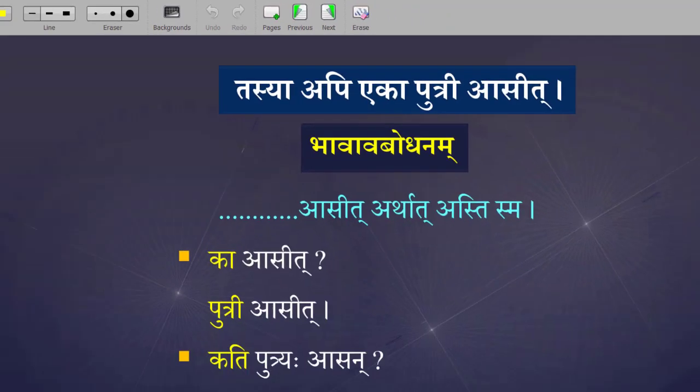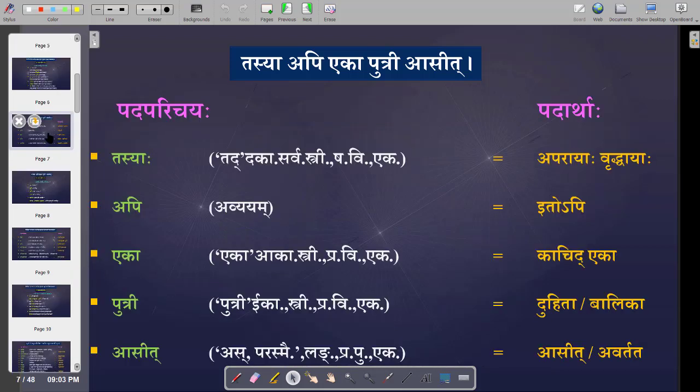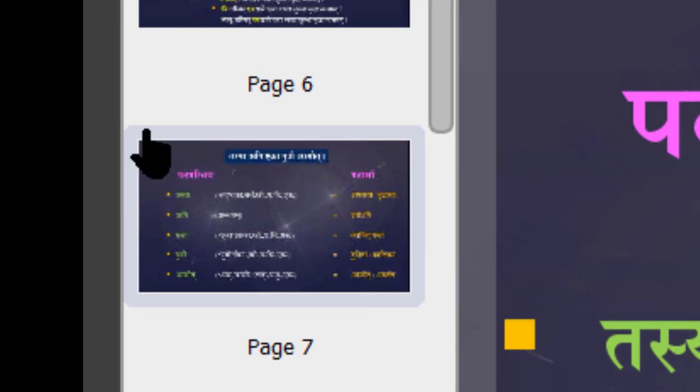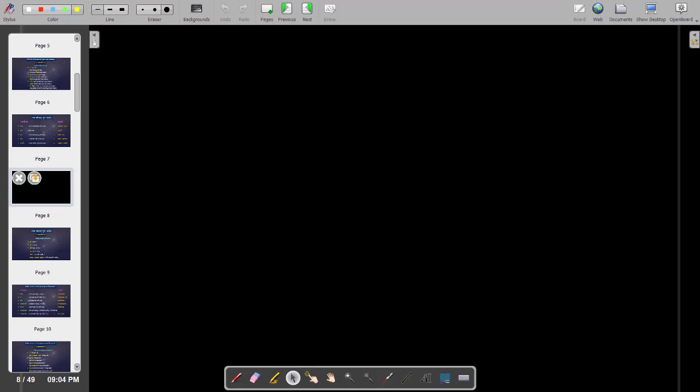And in between, if you want to teach something else, or if you want a blank slider, say you are on slide number 7. After slide number 7, suddenly you need one blank slider to teach them, or to insert a video or something. You need a blank slider. So select the slide after which you need it, and you can see a border around that slider. Then you click on the pages. Now a blank page will come there.